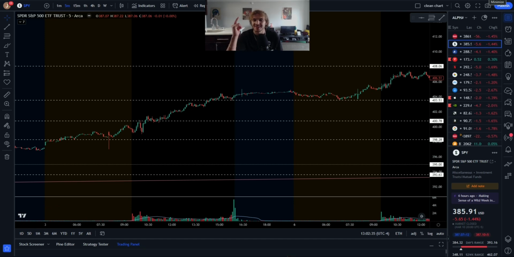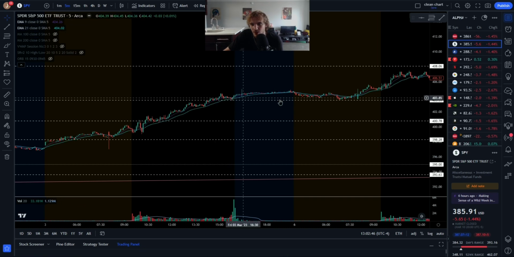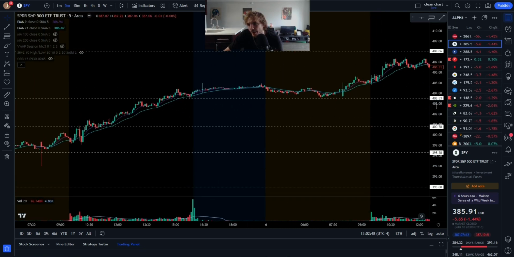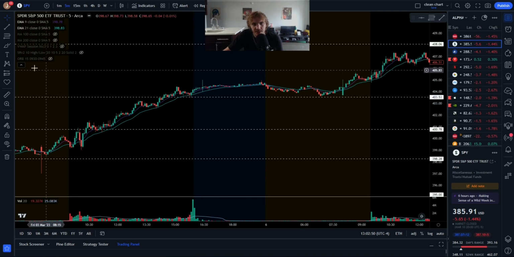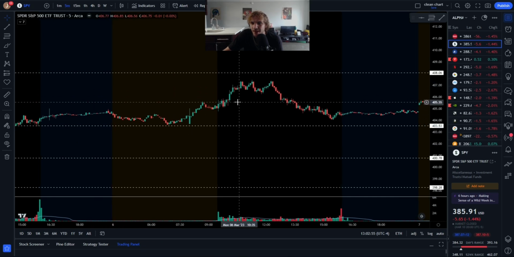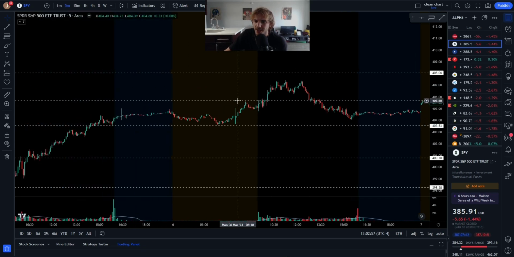Starting off with, I swung on Friday. As we broke 404, came back and retested this 403.5, and I think the 9 and the 21, if I turn them on, were in the same location. Yep, so right here, about, is where we entered. The second to last closing candle, we swung into Monday, okay, and we sold at the break of 406.